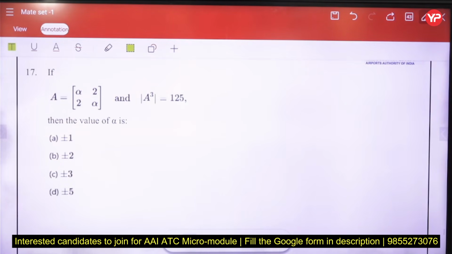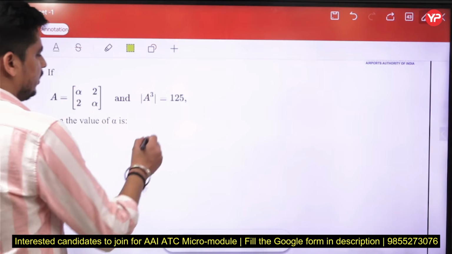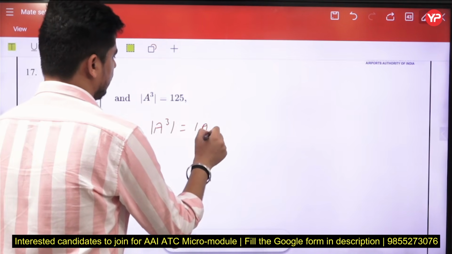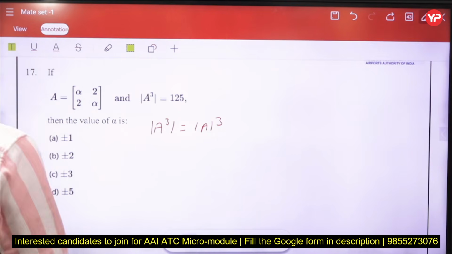If A is equal to [alpha, 2, alpha], then the determinant of A cube is equal to 125, then the value of alpha. So first you have to calculate. See, basically the determinant of A cube is always the determinant of A, cubed. You can use this property, right? If the determinant of A cube is equal to 125, how much is the determinant of A? That is going to be